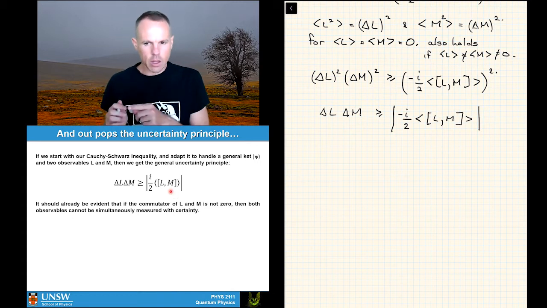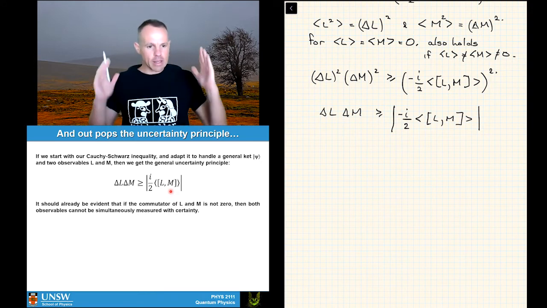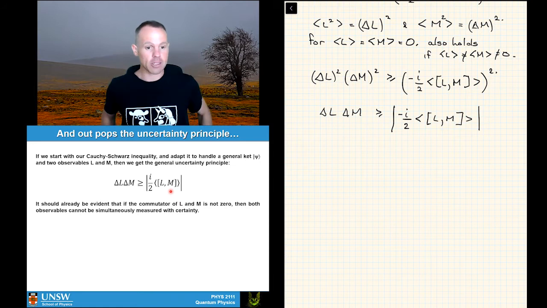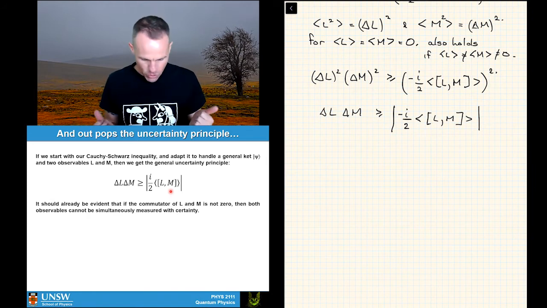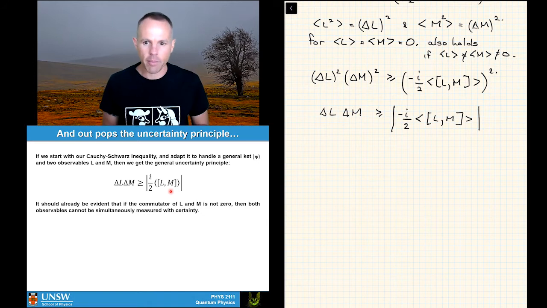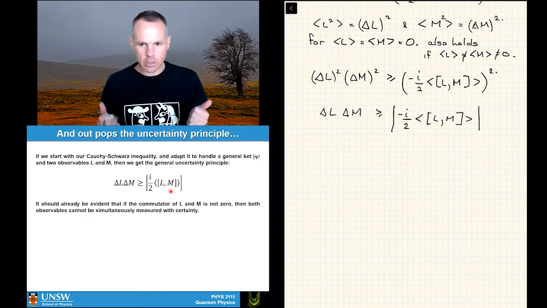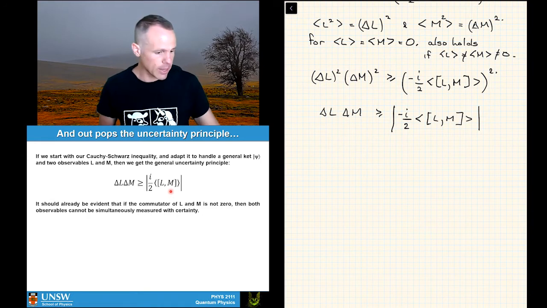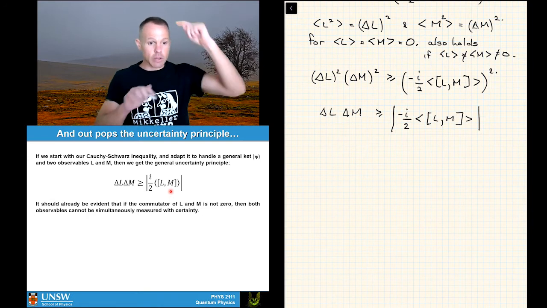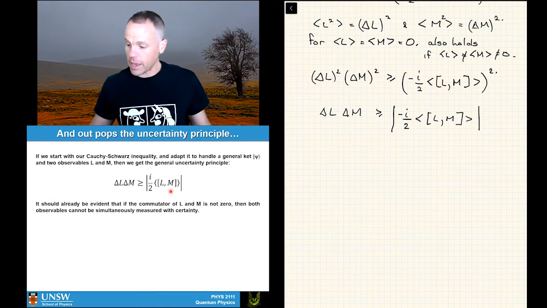You'll notice that on the slide, there's no minus sign, and on my notes page, there's a minus sign. Ultimately, the absolute value on the end takes care of that minus sign. So if you look through books, some will have the minus, some will not have the minus. No one really cares because ultimately it's taken care of by the absolute value that we imposed when we took the square root to keep things behaving in a real way, right? We can't have complex uncertainties. So we basically just restrict our uncertainties to be real by putting that absolute value sign in. So you'll see both forms floating around. Sometimes you'll even see it written with 1 over 2i still. All of those forms are exactly the same.